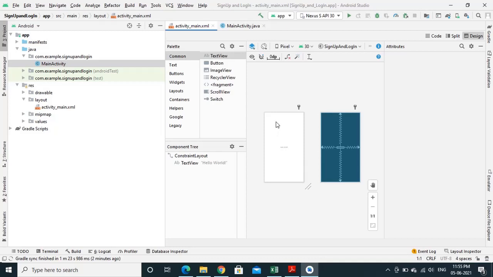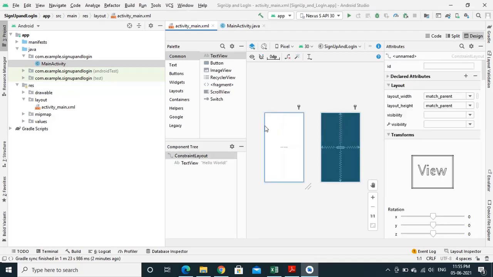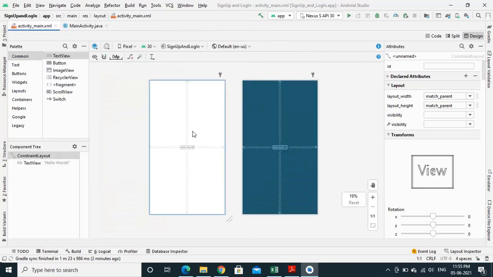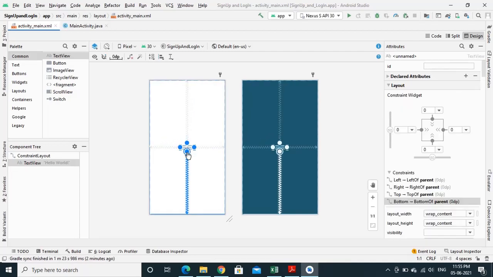First we will design the sign up page. We require edit text to enter username and password, and one sign up button. We have a default text view. Instead of hello world, I will be displaying the name of the layout or activity.